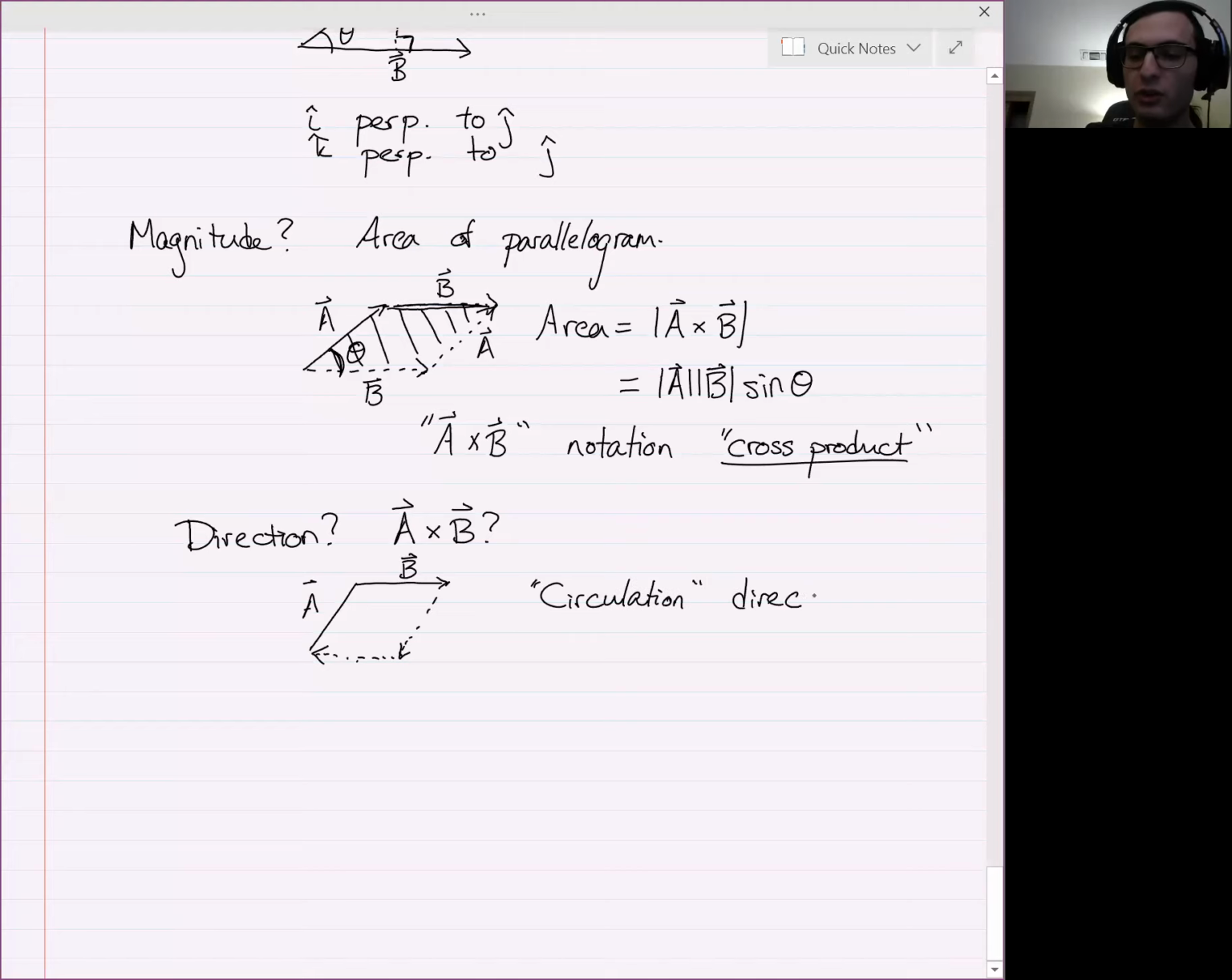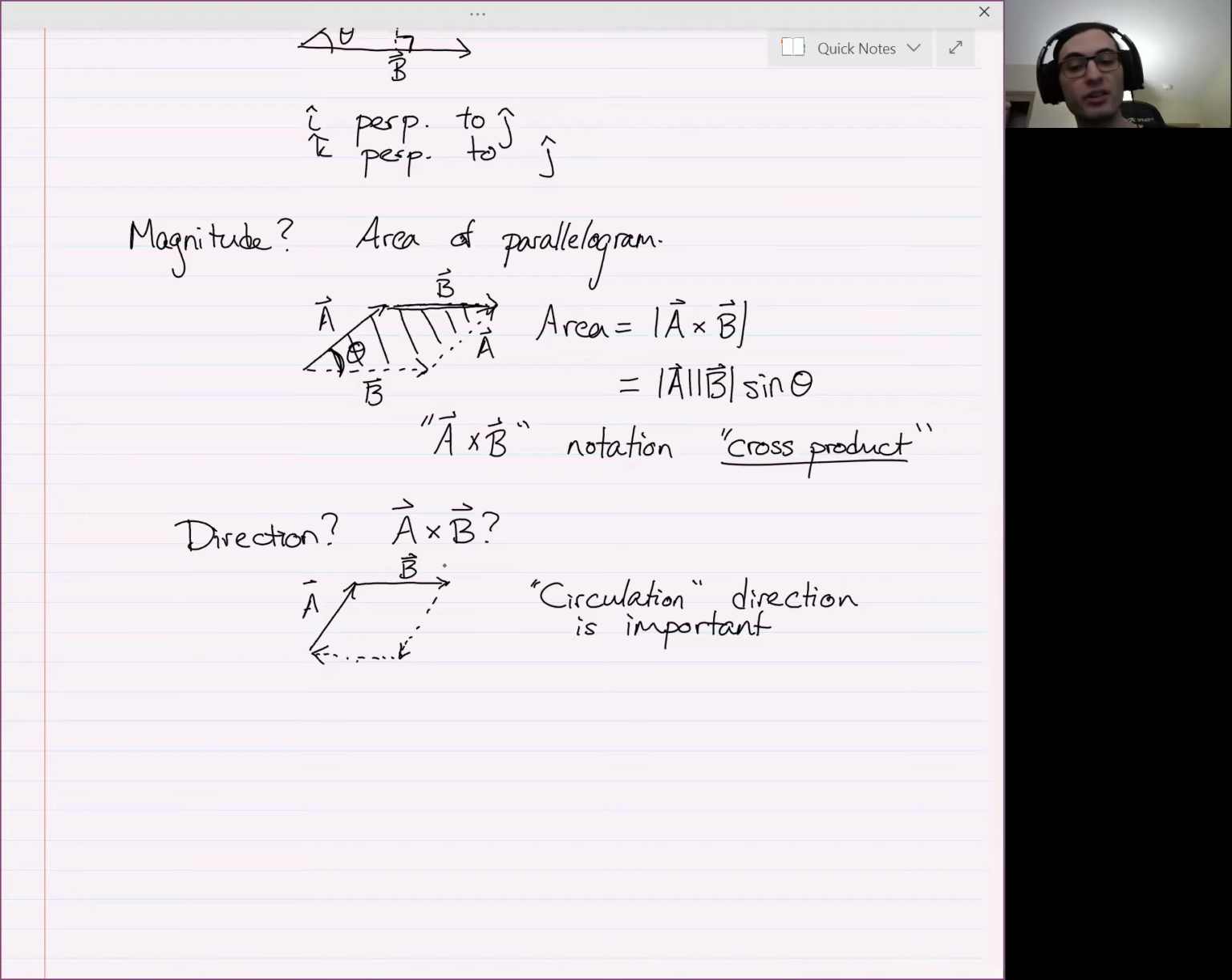So you start off with A, you draw your vector arrow A, then you cross with it B, you draw your vector arrow B attached to A as if you were going to add them. Then you can complete this parallelogram by making it go in a circle, circulate. The direction of that circulation depends on which one came first, A or B, but importantly, the direction of A cross B is,